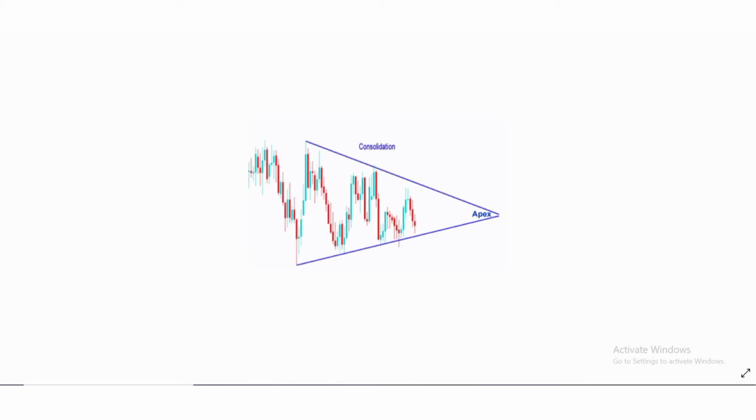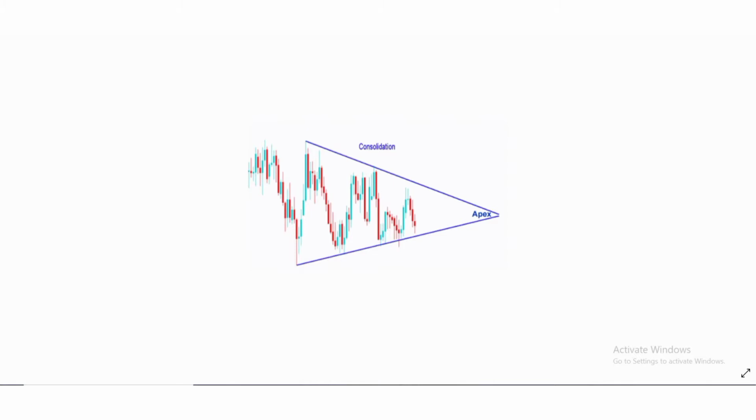Now what happens if the stock is on a downtrend or on an uptrend. The uptrend structure is higher highs and higher lows, but the downtrend structure is lower highs and lower lows. After the uptrend or after the downtrend, we see a consolidation. Here the consolidation is a bit different. Now we get higher lows and we are getting lower highs. Higher lows make an ascending trend line and lower highs make a descending trend line. So we have the consolidation in a narrow range, and the range is becoming narrower in a triangle structure.